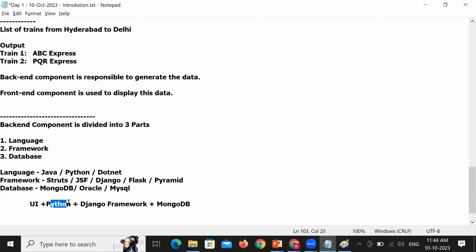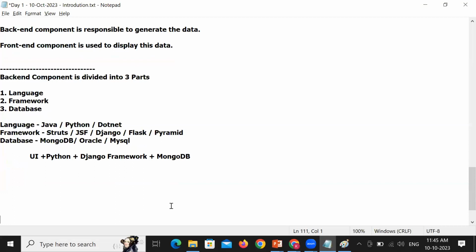Once you're strong in Python, you will be writing Python code using the Django framework for communicating to the database layer. We'll use the Django framework, which helps in building enterprise-level applications. Obviously the Django framework will understand Python as a language, so we'll be learning Django using Python. We'll be building applications using Python. Django is very, very important. And the database we will cover is MongoDB. So if you are perfect in all these 4 components,